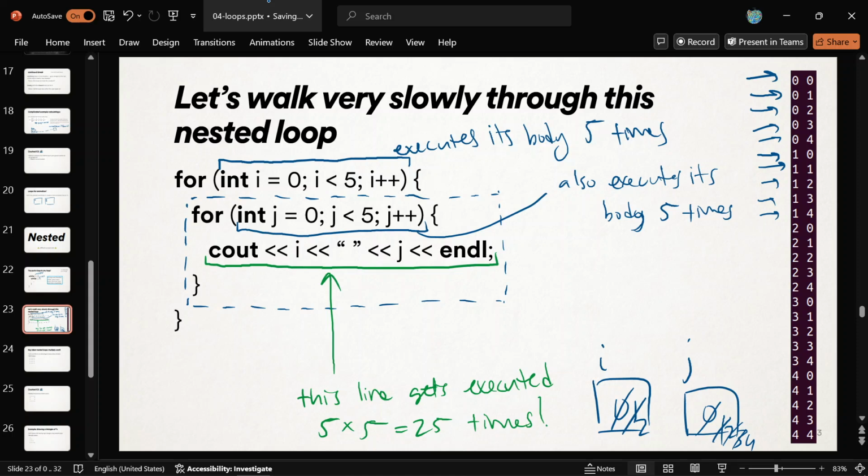The i is being increased slower because we have to wait on this inner loop with all of its j's. It has to range through them all first before we can move on, because that's what it means to execute your body. It's a loop. It's got to finish, right? So that's why i will eventually get to 3, 4, right? And then we print 4, 0, 4, 1, 4, 2, 4, 3. The very last thing we print will be 4, 4, because then, anything after that, you increment i, now it's 5. It's not less than 5 anymore. That stops it, okay?